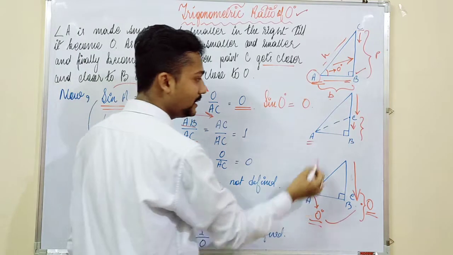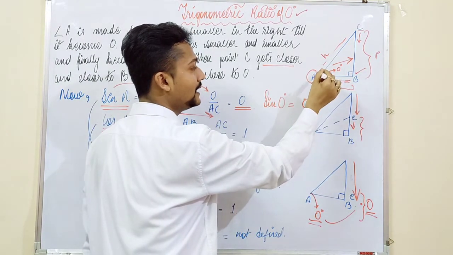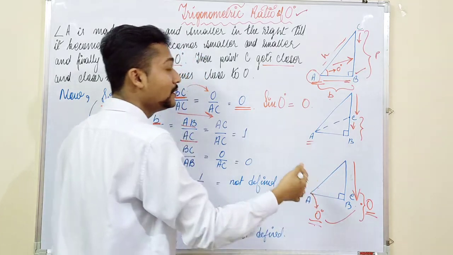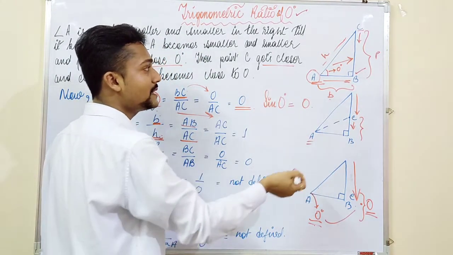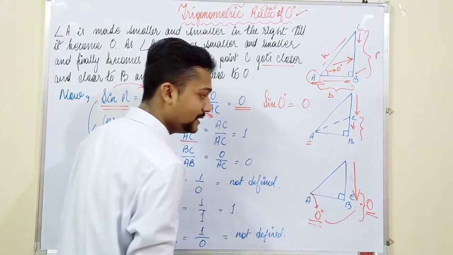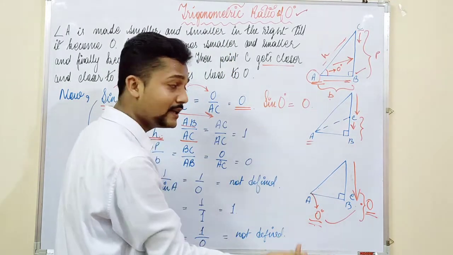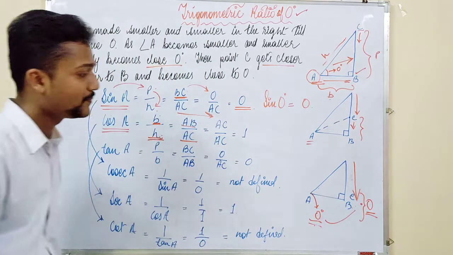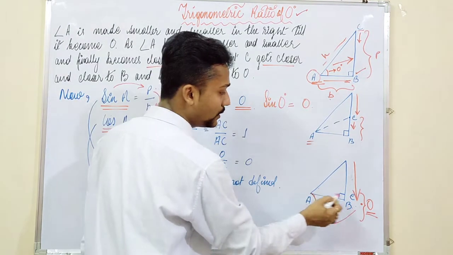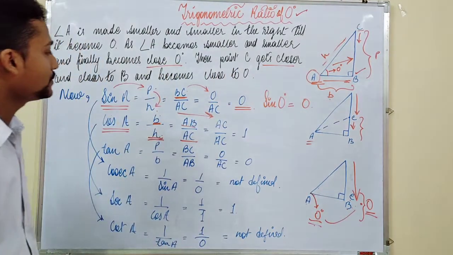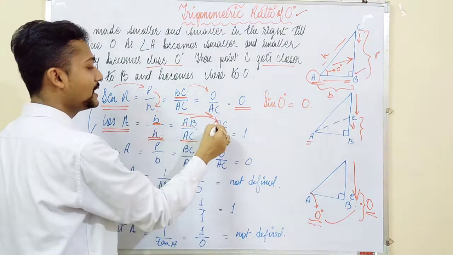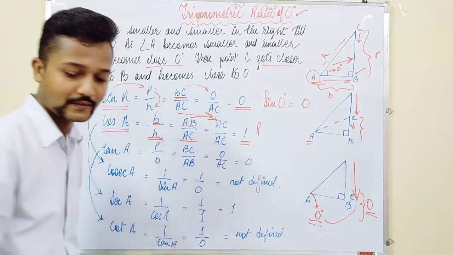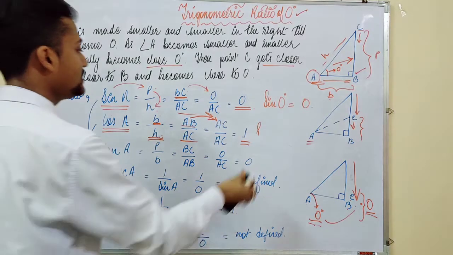Now you see carefully, when I was making the angle A smaller and smaller close to 0, what was happening simultaneously? C was coming closer to B, isn't it? And a time came when C came so close that it overlapped B. That means AB is equal to AC, isn't it? That's why I have written here AC in place of AB. Now AC by AC is equal to 1. That means cos 0 degree